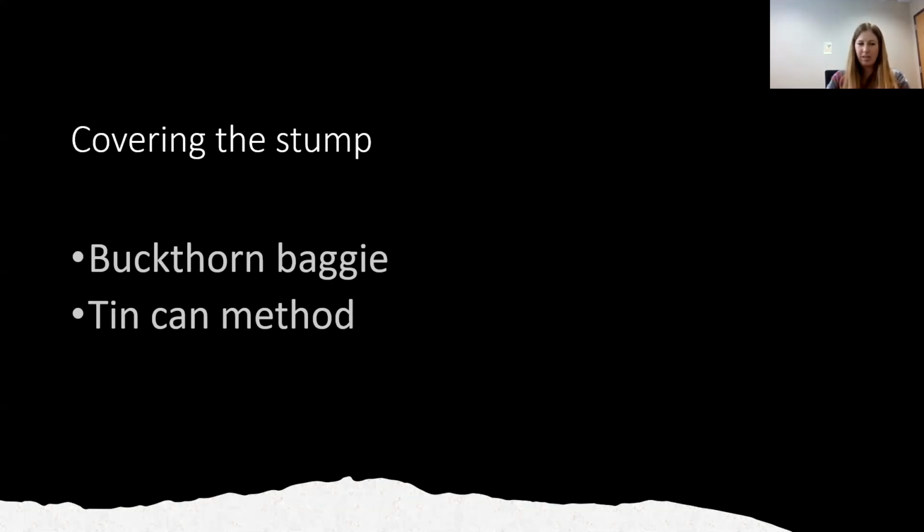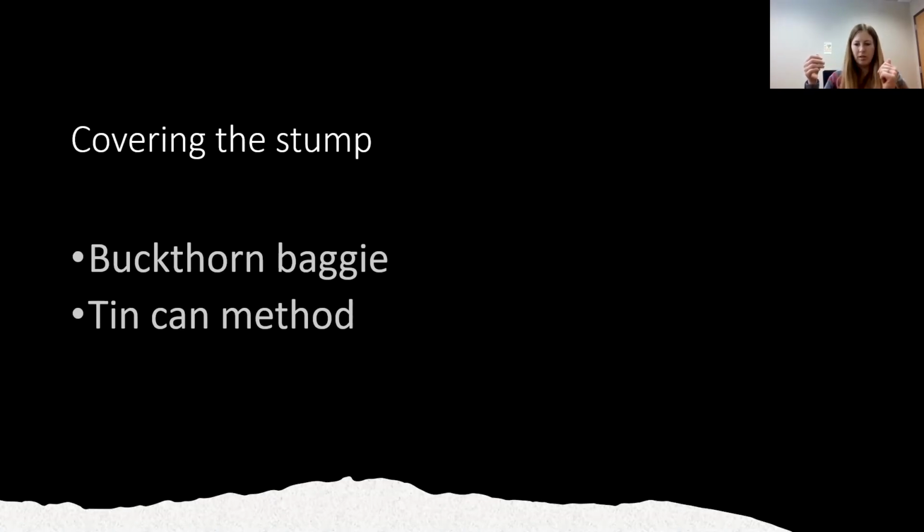The similar method is the tin can method, and that really involves an old soup can, and you cut the buckthorn stump again about 3 inches, and you take a can that's larger in diameter than the buckthorn stump by a couple of inches, or at least 1 inch on either side.